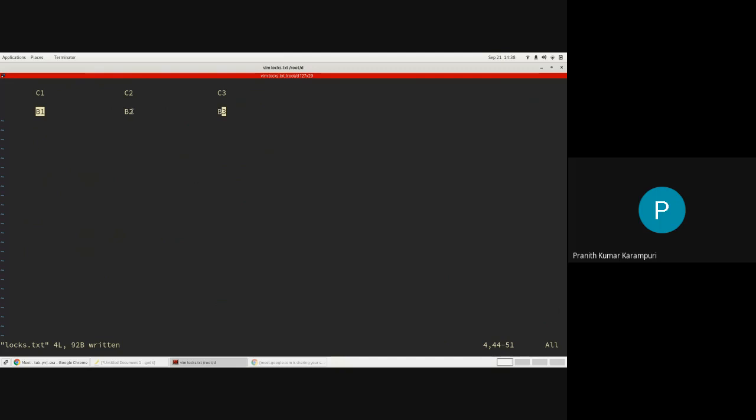Let's just take these two, C1 and C2. On B1, C1 may get acquired first. On B2, C2 may get acquired first. And C1 is waiting for the lock to be acquired on B2, and C2 is waiting for the lock to be acquired on B1. And this is a deadlock. So to prevent that, you first send non-blocking locks in parallel. Okay. This part is clear?